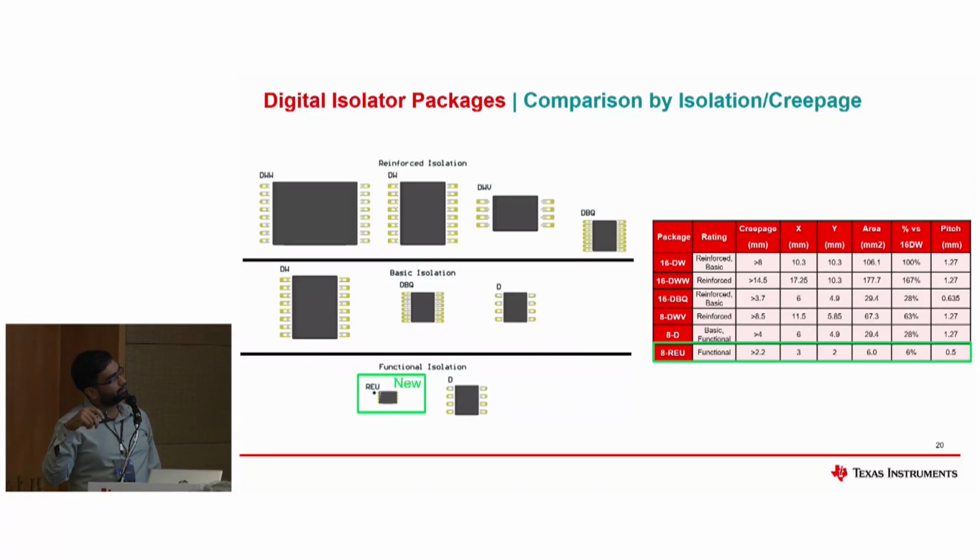And the same device is offered in an 8D package, for someone who needs a narrow, a wide body. This will offer a higher working voltage. 16DW has been the best-selling isolation package throughout the year from TI. And the same thing, if you convert to 8 pin, it's called 8DWV. And with narrower pitch, it's DBQ.